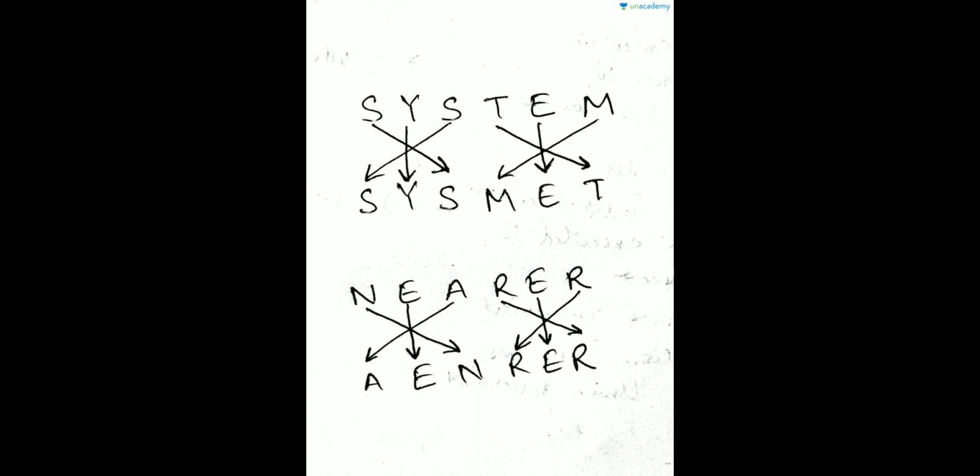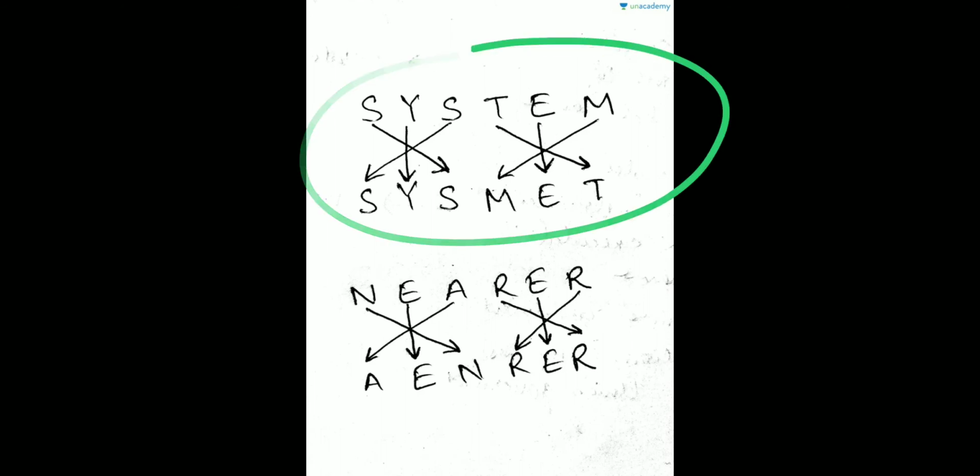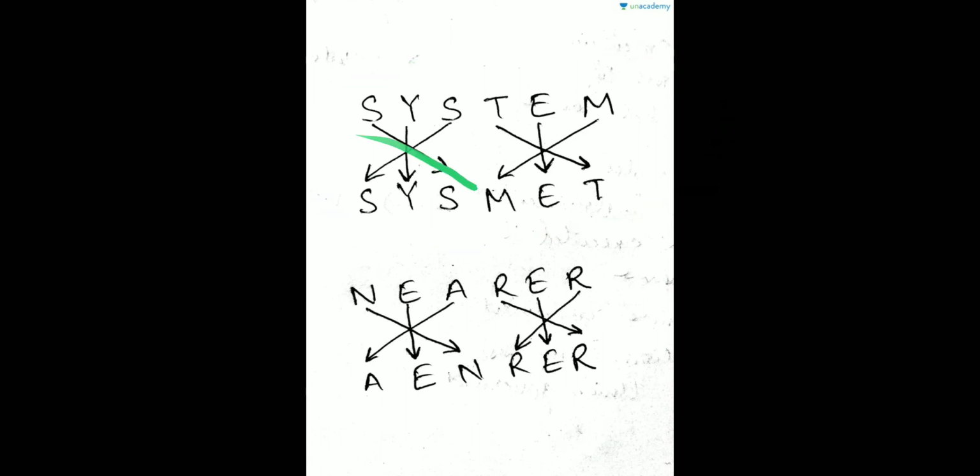See here, this is how they have done. Okay, first became the third. They have divided it from the middle only: 3 letters on this side and 3 letters on this side. They have divided from the mid. Okay, same here with nearer as well. So first letter became third, and here the mid letter is obviously there only, and the third letter became the first one, and the same they have repeated with this one. Okay, same pattern for nearer as well.